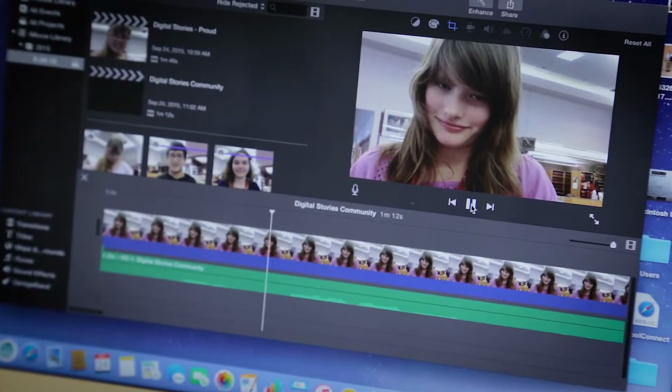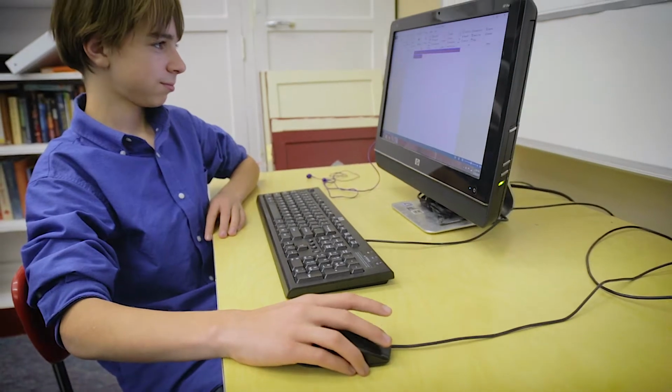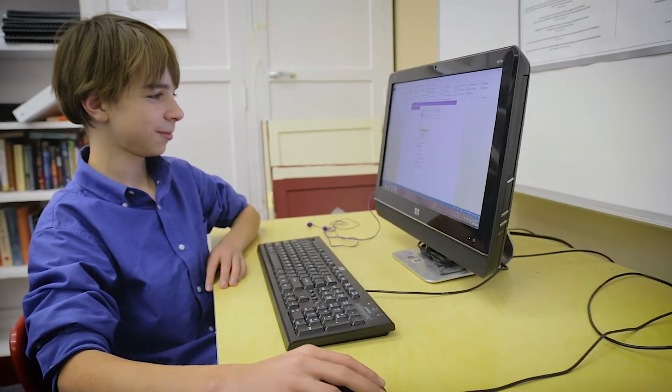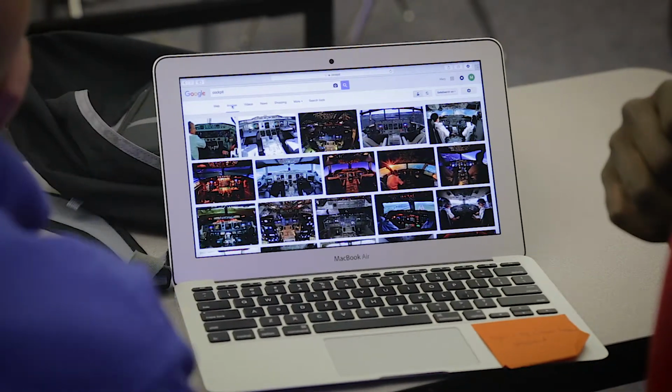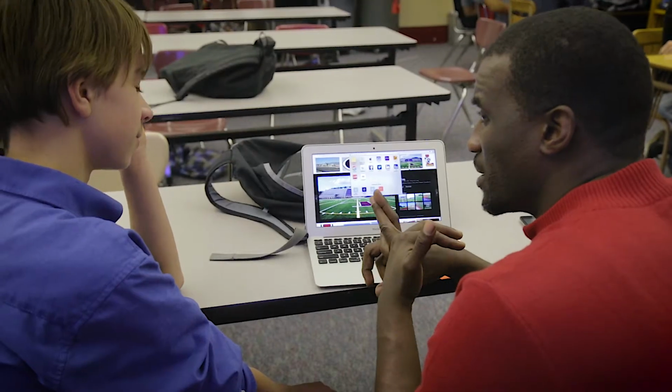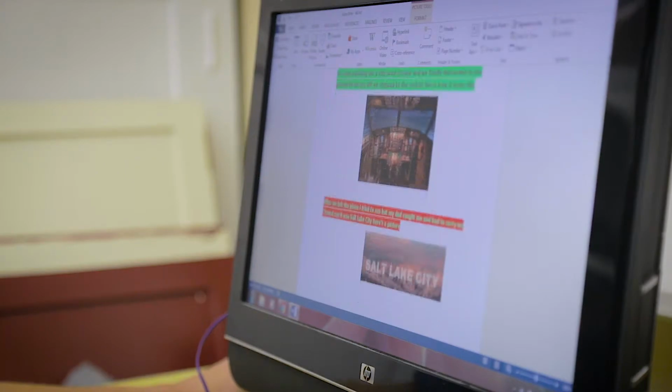And then the storyteller will add visual images to complement the spoken story. What we encourage them to have is their own personal photos. We want them to bring in photos that really reflect them and their story. They can manipulate the photos in different ways. They can add writings over it. They can add different colors. But any way that you can enhance and change the photos to make those photos your own, then that's what we encourage.